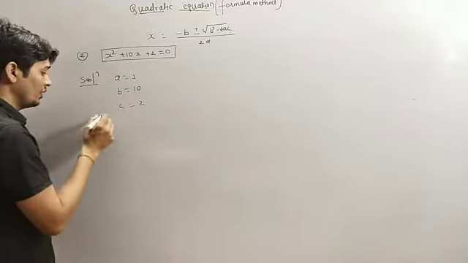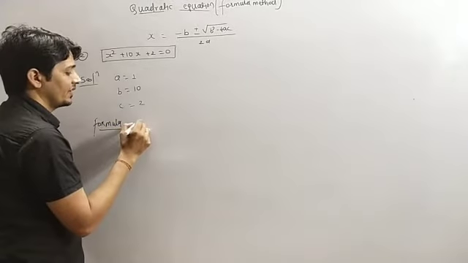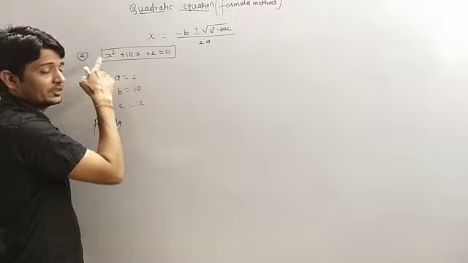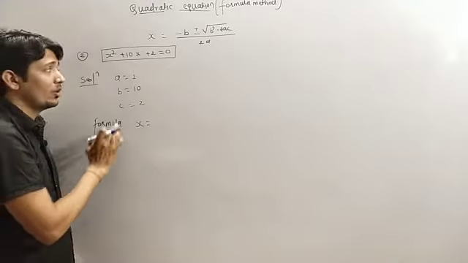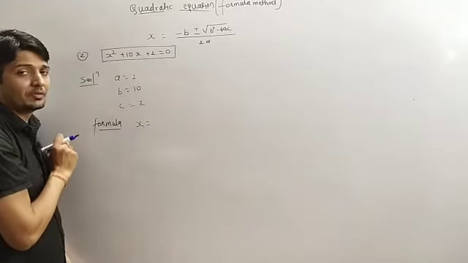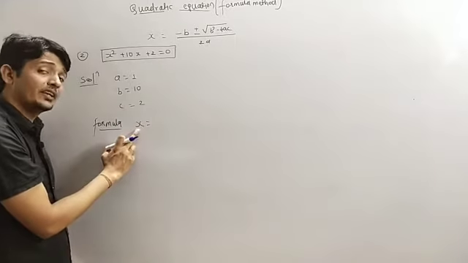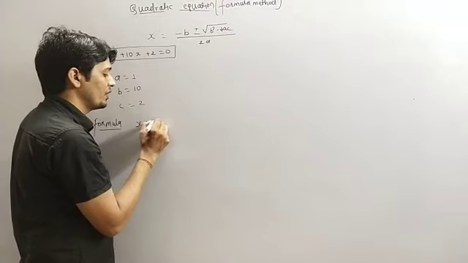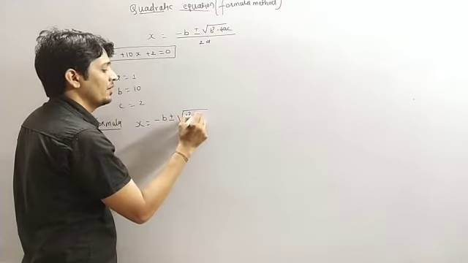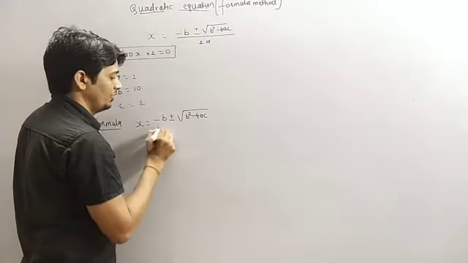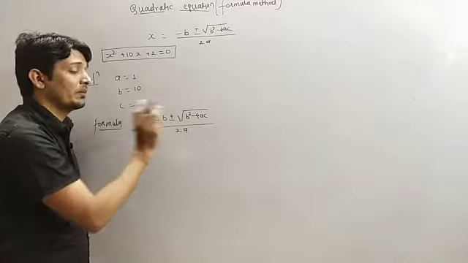So now the formula, what is the formula? See here, x we have the root, that means we have to take x equals to. In the previous example we have taken m because instead of x, m was given. Okay, so we have written over there m equals to, but here we have x, so we have to write x equals to. So x equals to, we have the formula minus b plus minus root b square minus 4ac upon 2a. Okay, so what we will do first, we will calculate the value of b square minus 4ac.